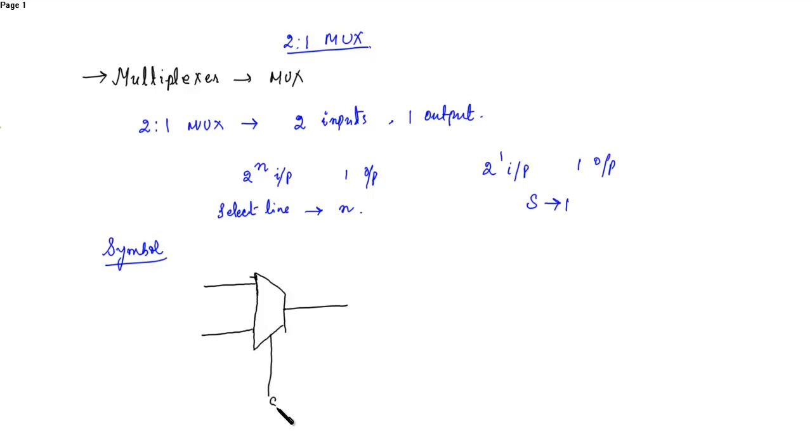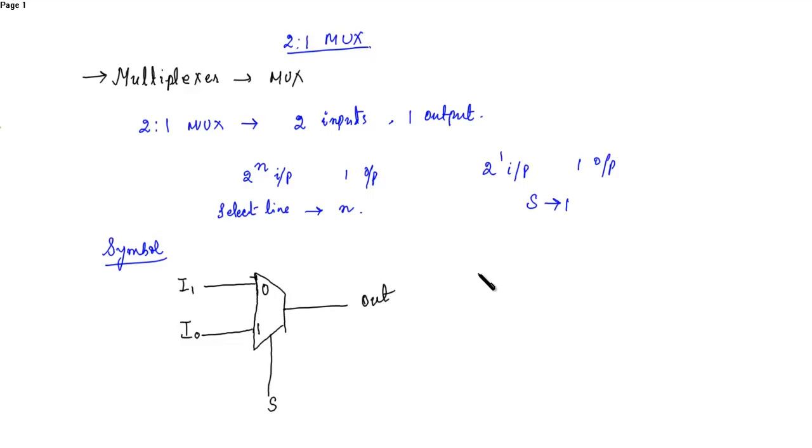So let's say the select line is S, the inputs are I1 and I0. We can write them as A and B, and the output is out. So if let's say this is 1 and this is 0,